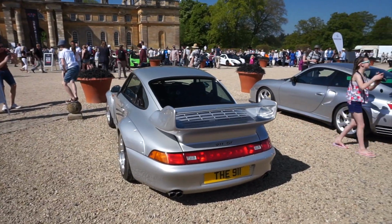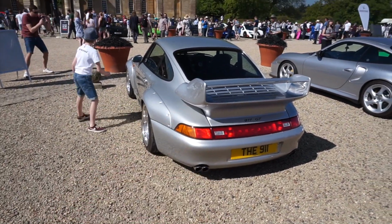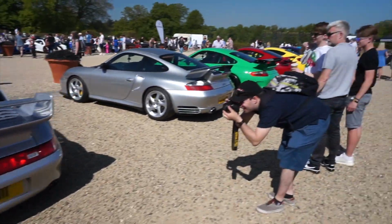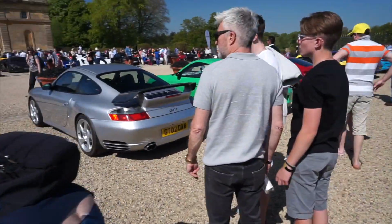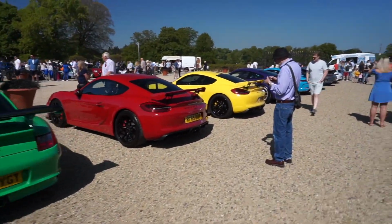And here we've got a 911 GT, and this is one of the best cars here in my opinion. Look at the wide body kit on it. And you know what I'm like for wide bodies. This thing is stunning. Anyway, if we keep going down the Porsche section, we've got GT2, GT3 RS, GT4, another